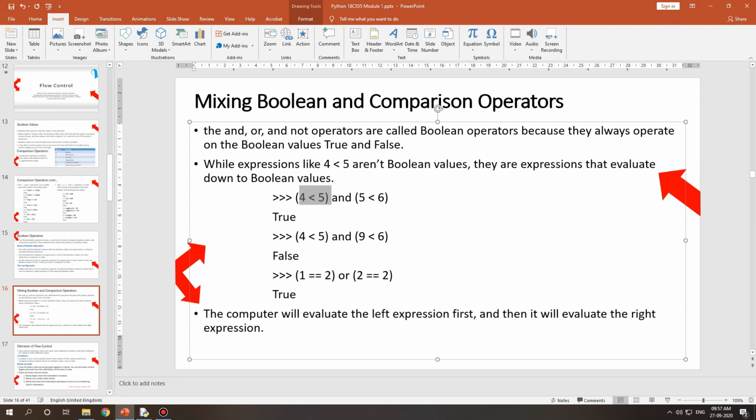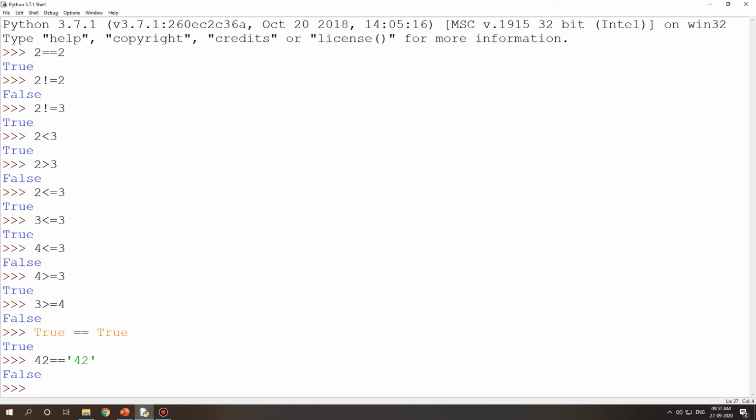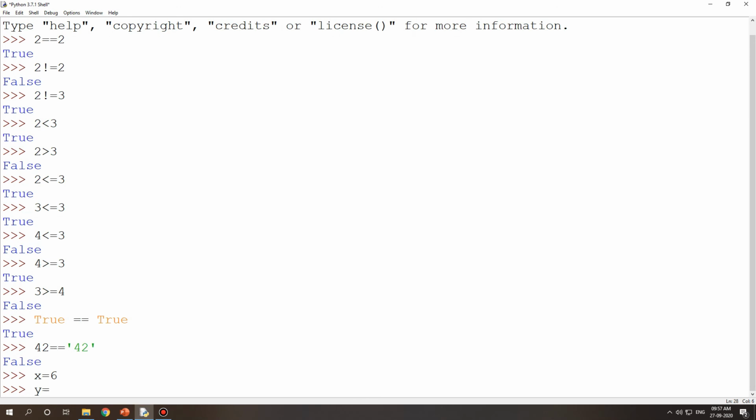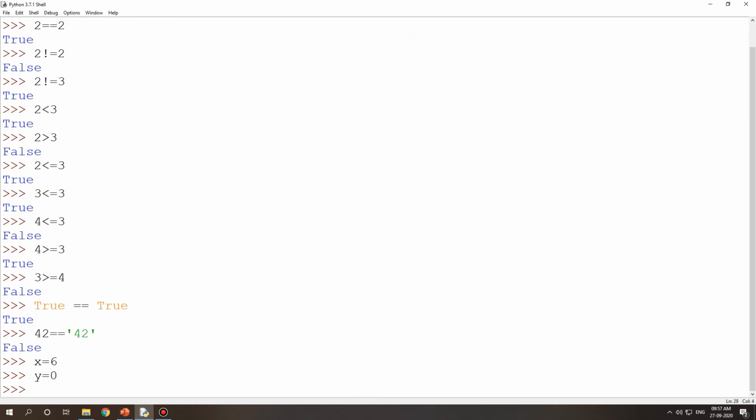So here, let me show you one example. If I have x equal to 6 and y equal to 0, and I have the comparison x is greater than 2, yes, right, and then x divided by y is less than 5.